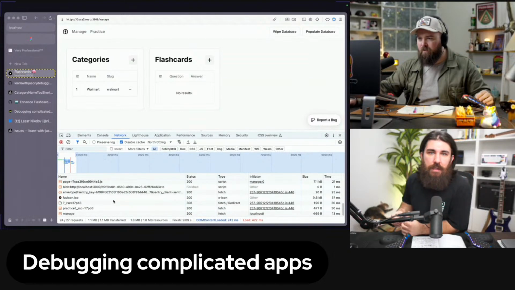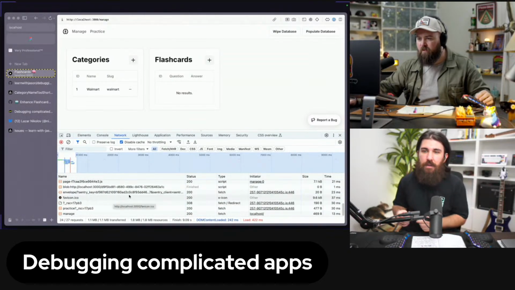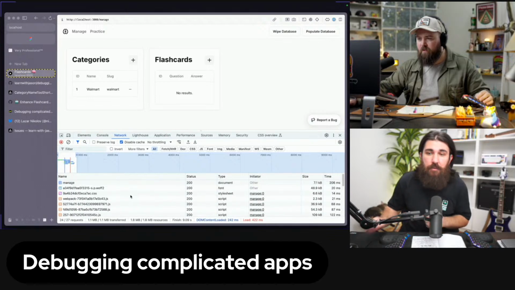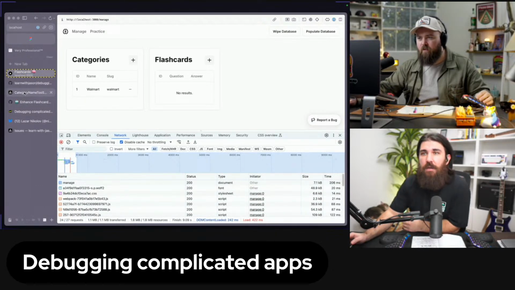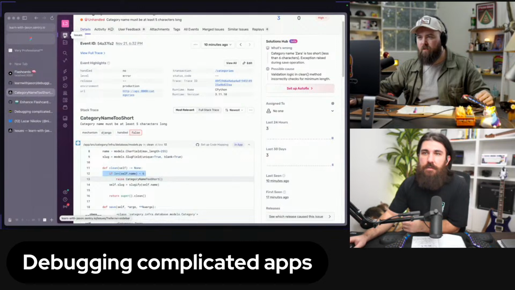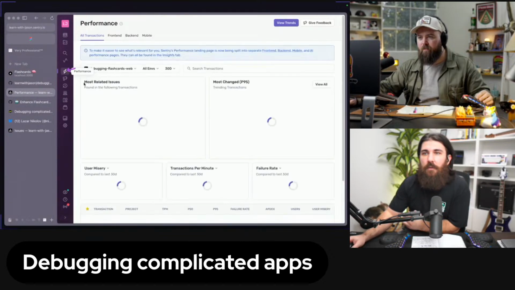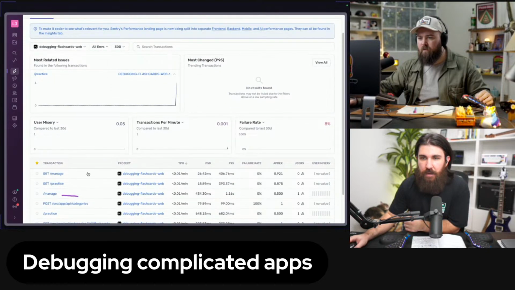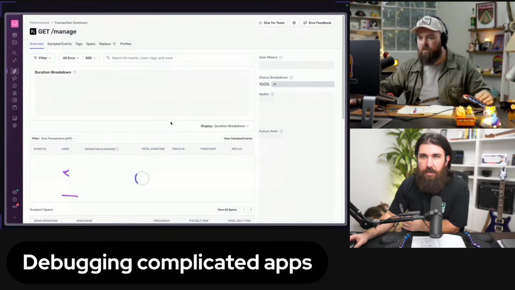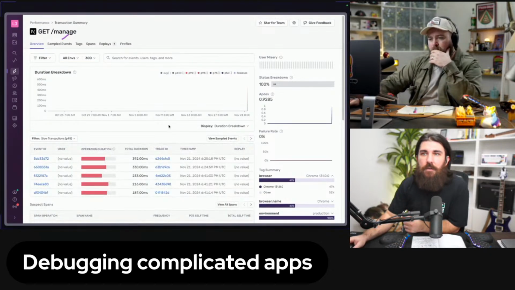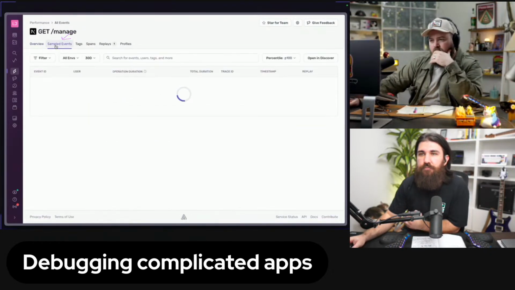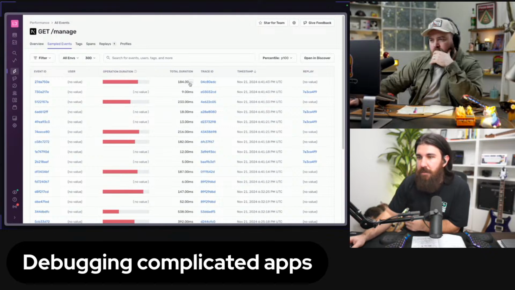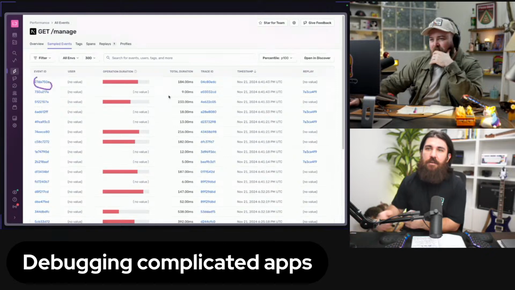So we should see it in Sentry now. Okay. Let's go in Sentry, and we're gonna go to, let's try performance. And we're on the web. Let's skip right into this one, this right here. This is the server side Next.js. Let's go to sampled events here. Damn, this is too fast. It should have been like 4+ seconds. But yeah, let's go in and let's see what's happening.